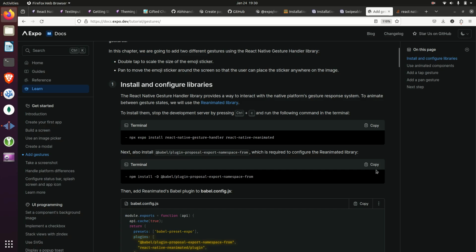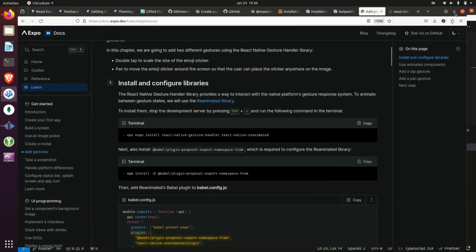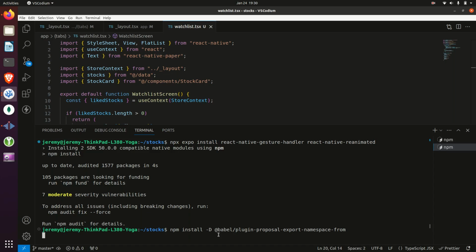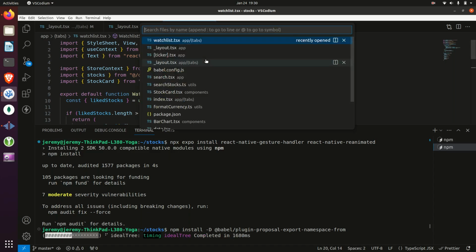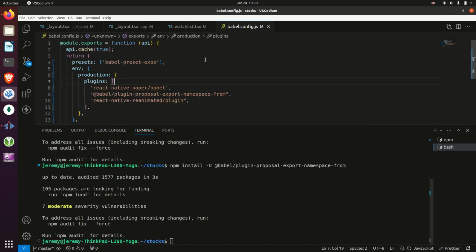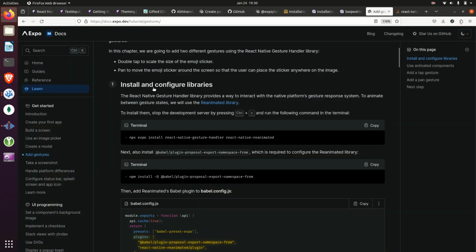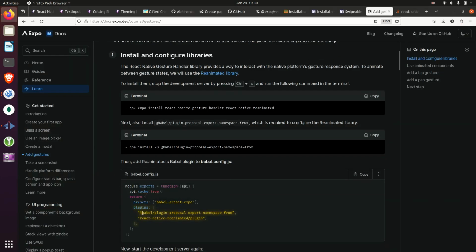Next, you're going to want to do the same thing for this Babel plugin. And while that's loading, go to babel.config.js, and you're going to want to copy these into the Babel configuration file,